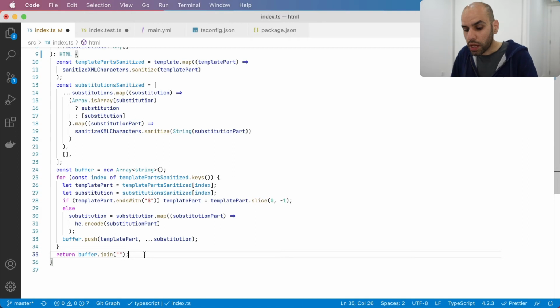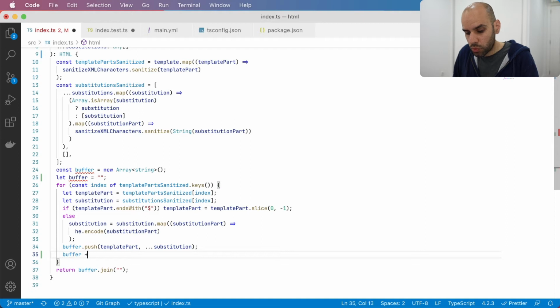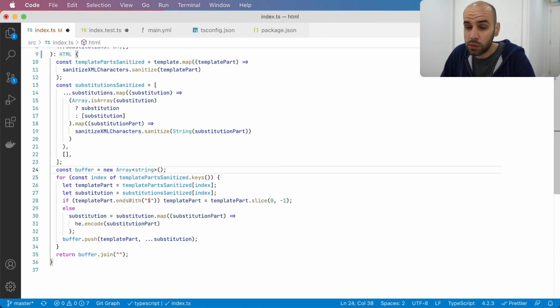Why do I do it this way? I could do instead something like a buffer that is an empty string, and anytime I want to put one more thing in there, I just add to the end of the string, so something like this, and probably some more code here. And at the end, I wouldn't even need to join. That works, but it's relatively slower because building a string is costly. I haven't benchmarked this, but this is true of other languages like Lua,